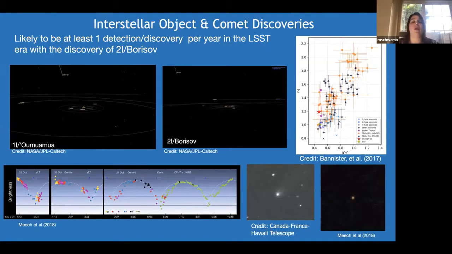And so again, these objects come by fairly quickly. Oumuamua had about 2 weeks that the community could observe it on telescopes around the world. Borisov had a couple months where that was doable, and went from north to south. So there's a point where northern telescopes could reach it, then southern telescopes. But again, studying all the properties, how fast these objects are rotating, how big they are, what their surface compositions are, whether they're outgassing, whether they exhibit cometary behavior, can all tell us things about how and where these objects formed in their own parent solar systems,